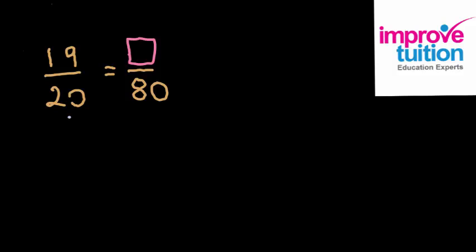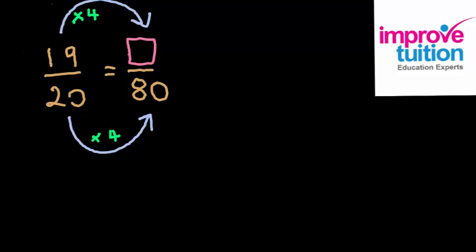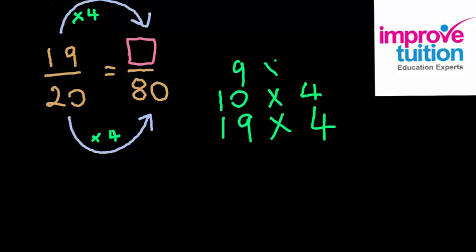If we've got 19 over 20 and the denominator is 80, how do we move from 20 to 80? We move from 20 to 80 by multiplying by 4. Whatever we multiply the bottom by, we multiply the top by 4. So 19 times 4 is something. If we partition that, 10 times 4 and 9 times 4, 9 times 4 is 36, 10 times 4 is 40, 19 times